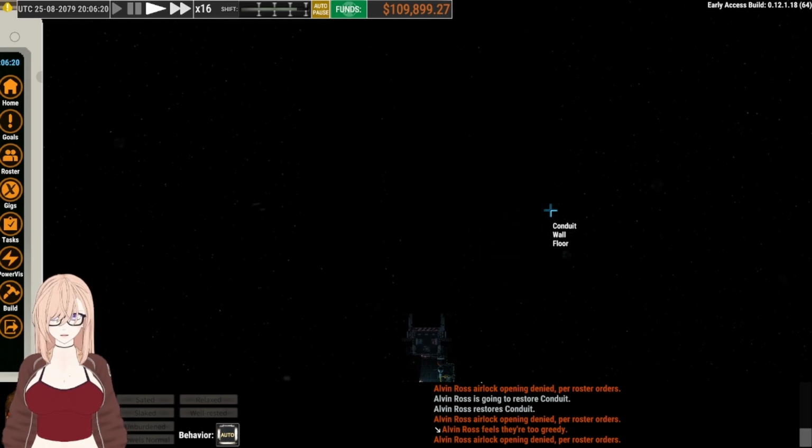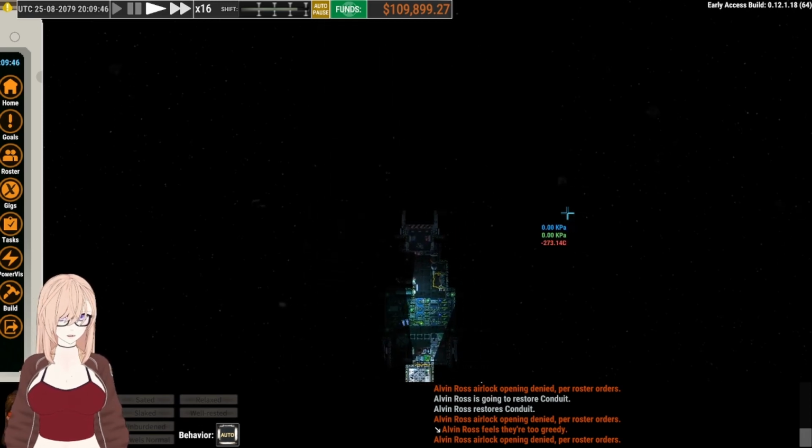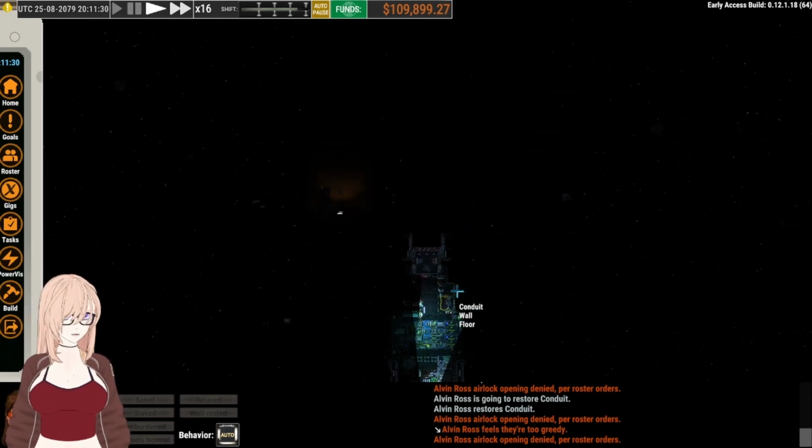I don't know what they're carrying. Do we become a murderer, chat? Do we commit space murder? I'll leave it up to you guys. I'm okay with just cutting our losses and leaving, but if you guys want Alvin to potentially become a space murderer,